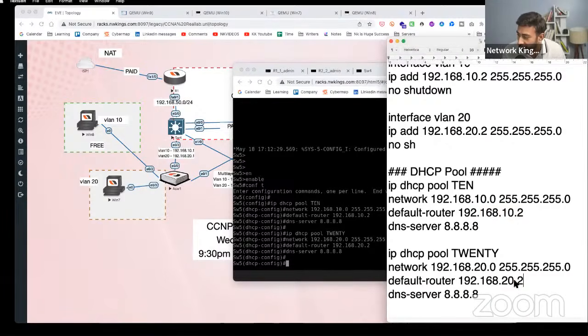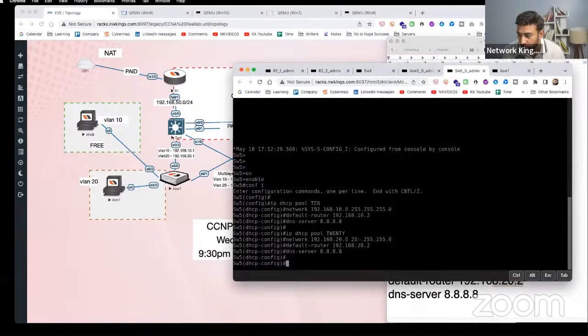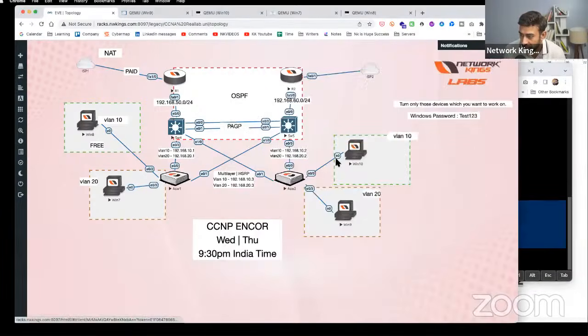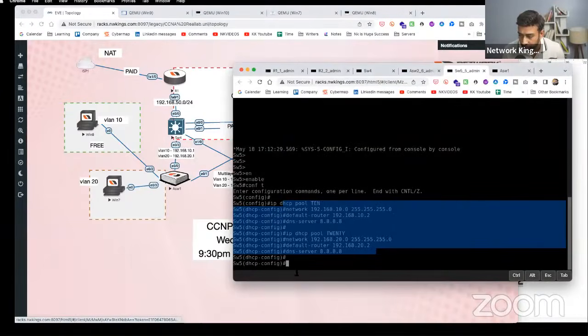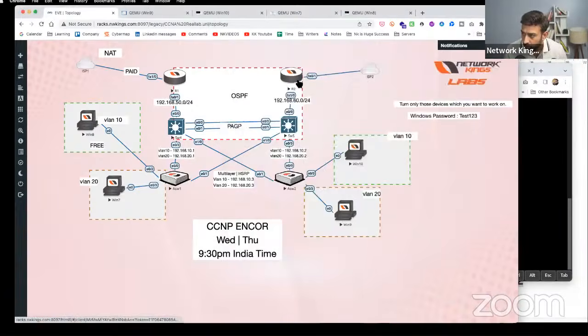Okay, so 10.2, 20.2. So we created the DHCP pool here. And what if I'm going to shut down this switch 4? This is going to be your DHCP, but remember, we need to create a default route in switch 5 also, so that switch 5 can forward traffic to R2, and R2 should also have the static routes, the similar design on the left. So we'll create a default route which is going to point to my router 2 IP, which is 60.1,